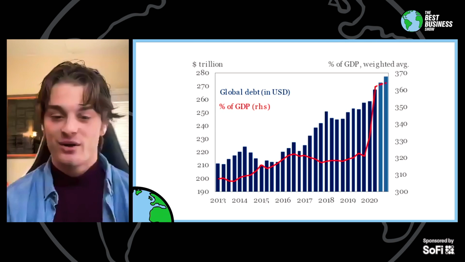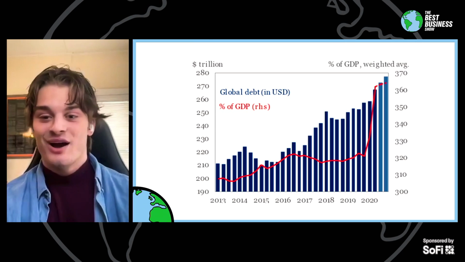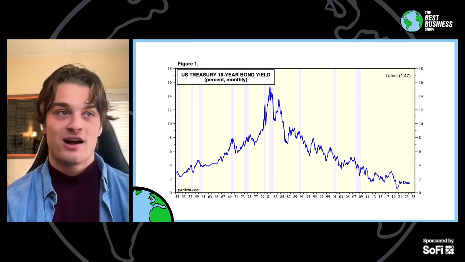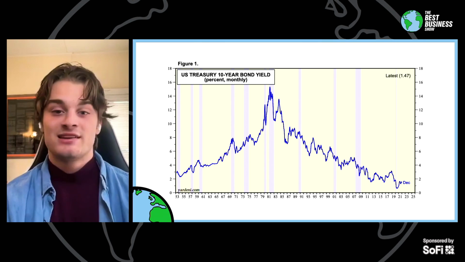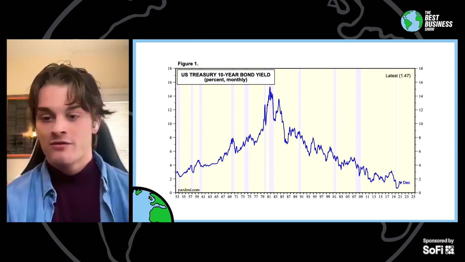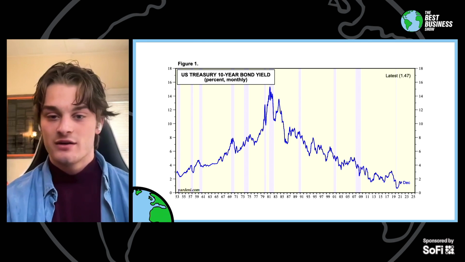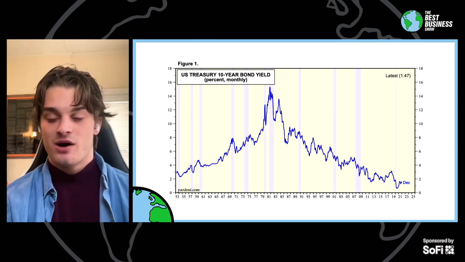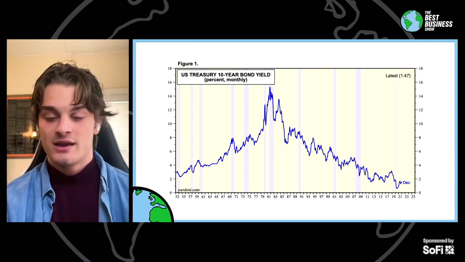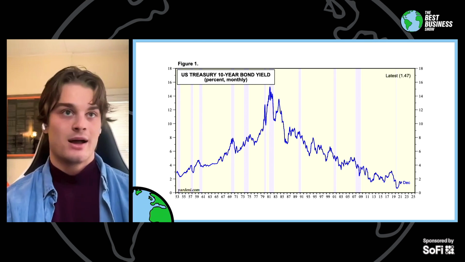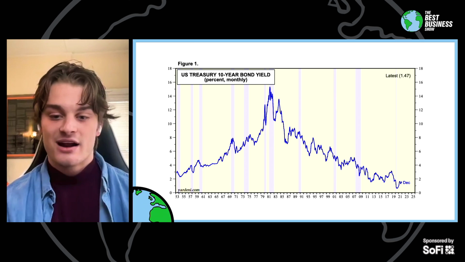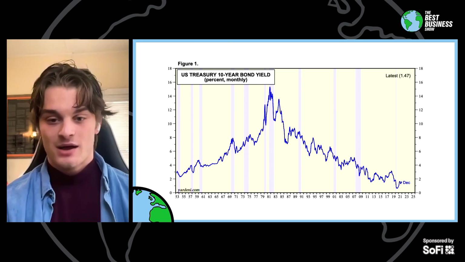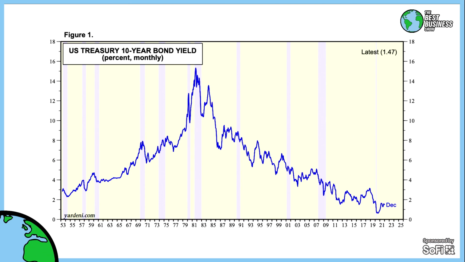And if we go to the next slide, we can see what the problem is when we're talking about a free market solution and Bitcoin being that. So this is the 10-year U.S. Treasury bond. For those that aren't familiar, the dollar is the world reserve currency. So the U.S. Treasury bond and its yield is basically the rate that the entire financial system goes off of. It's the bedrock that the entire global financial system operates on.